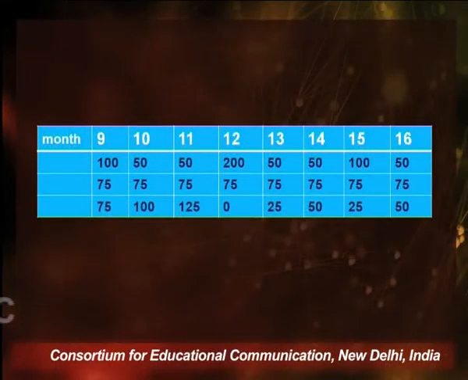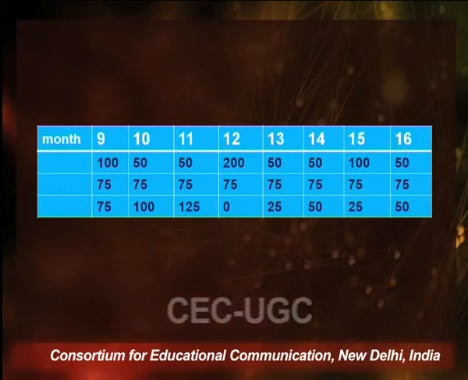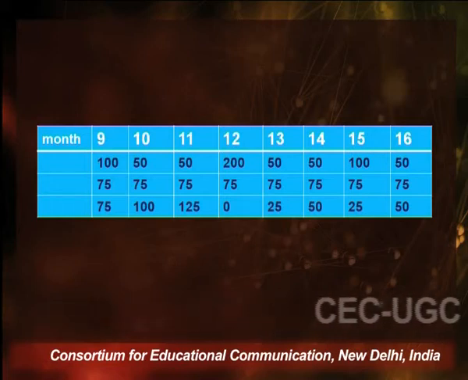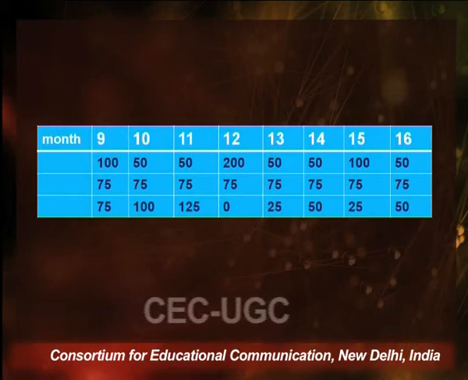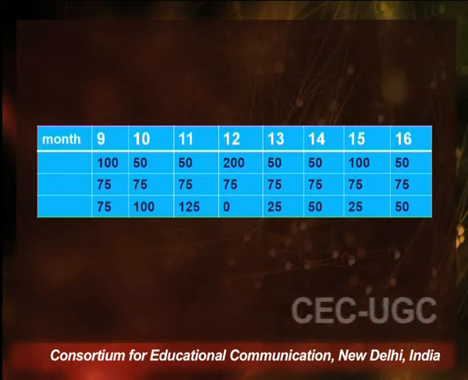So no problem, we have $100 in the credit, 25 will be paid from there. By the 11th month we have $125 in credit. But please look at the month of December, which is the 12th month, the charge is 200, which is the actual cost. Actual cost for the month of December as per the maintenance contract condition is 200, while the amortized cost, let's say we have fixed as 75.